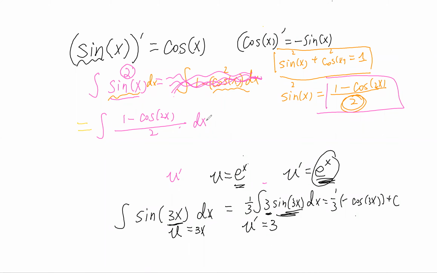After I rewrite, let's break this into 2 fractions. That's going to be 1/2 minus cosine 2x over 2. And the first term we have is very easy to solve because it's a half, a constant number. The result will be half x minus